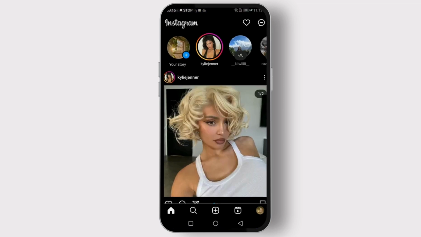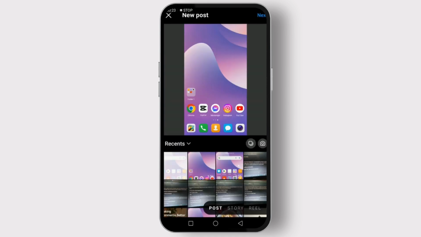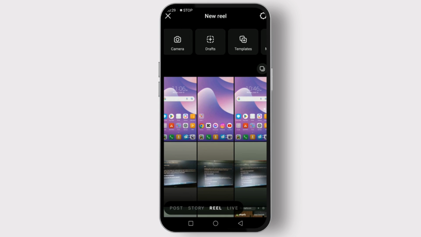First, open your Instagram app and ensure you're logged in to your account. Tap the plus icon to create a new post. Now select reel from the options below. Record your video or select content from your gallery. Or you can simply tap on drafts option,